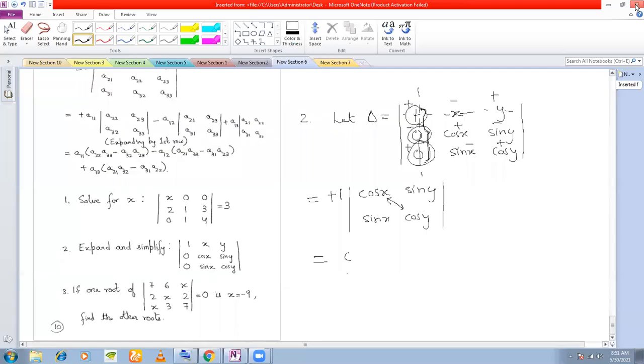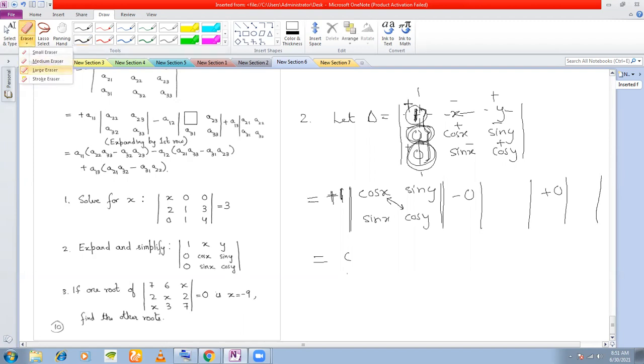Now, as I was saying here, this element 1 into its minor. So the sign here is plus sign, so you give a plus sign, and this element here 1 multiplied by its minor. So the minor here is cos x sin y, sin x cos y, right? And all the other minors, they will vanish because they are zeros, right? Whatever you get plus, you'll get minus 0 into something, because there's a minus position. And here you will get plus 0 into something. They will obviously disappear. You don't need to find out.